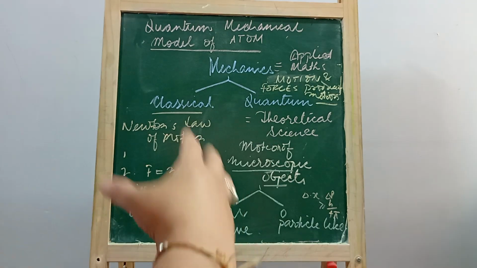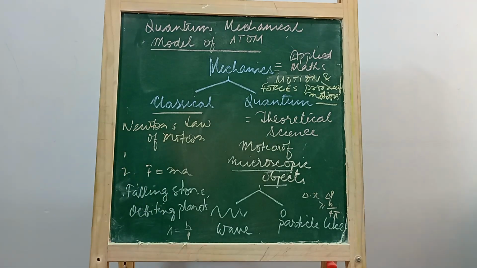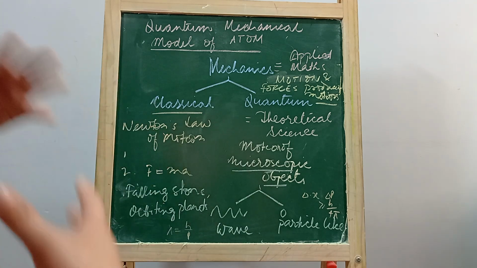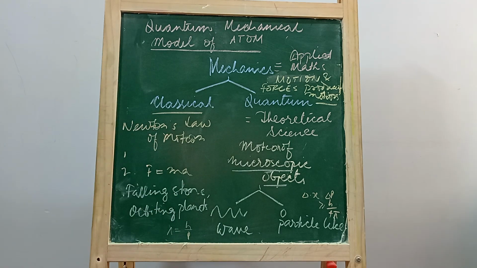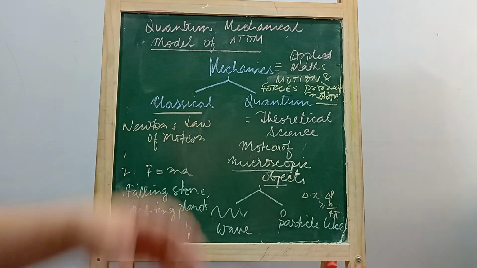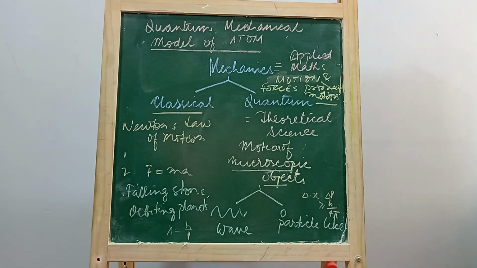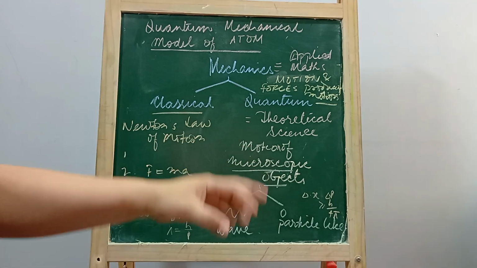But when it comes to smaller subatomic particles, microscopic objects which we are not able to see, like electrons and all, classical mechanics fails to define them, understand them, or describe them. So what comes into the picture is a new model called quantum mechanics, which is a theoretical science which deals with the motion of microscopic objects, because this will consider